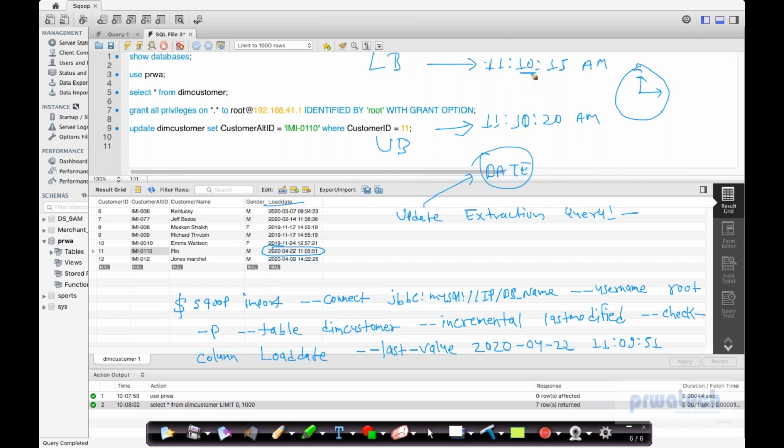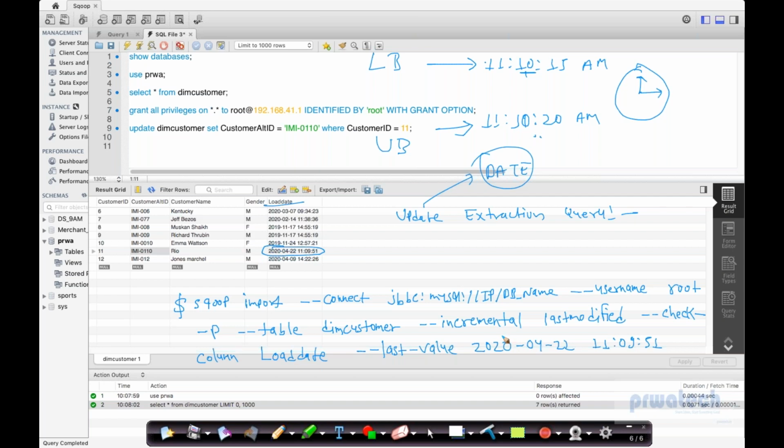So the system will take this date and this date, and whatever result is coming, including this time and this time, all the data will be extracted and stored in my system, which is HDFS. That's why we give this time. So if there are 5 results updated during 11/9, yesterday we updated this, right? So that date,